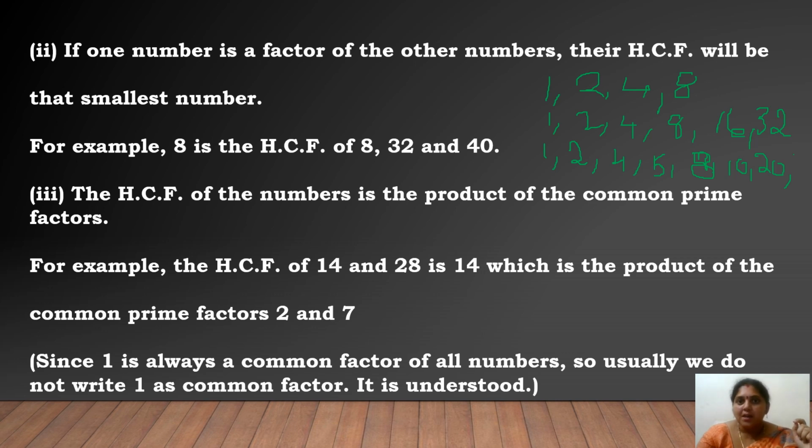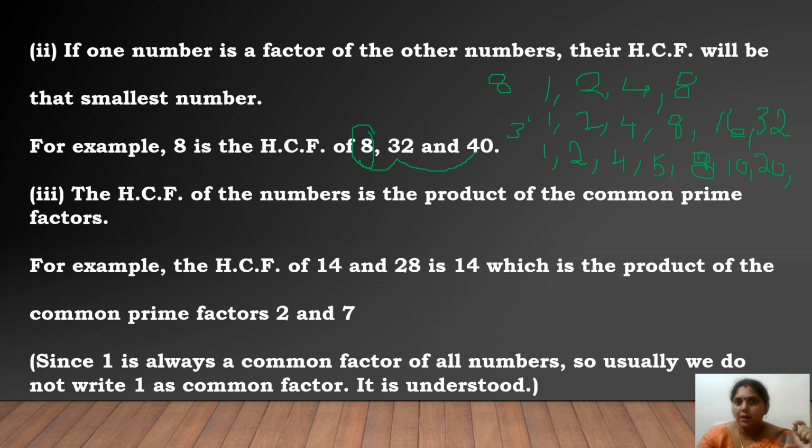If you see, these are the factors of the same table. Yes or no? 8 ones are 8, 8 fours are 32, 8 fives are 40. You can see all the same 8 table. So, by seeing this number, you can directly say 8 is the HCF of the numbers. If you want, you can check out. I have written already the factors of 8, 32 and 40.